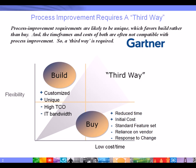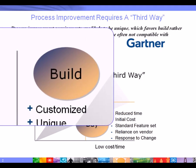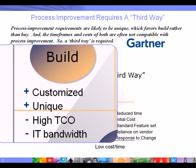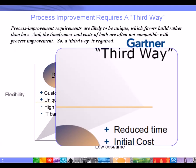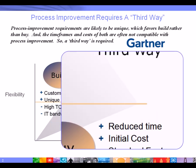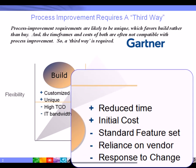In a build solution, it can be very customized and unique on the plus side. But typically, in order to build something from scratch, it requires a lot of IT bandwidth and a high overall total cost of ownership. From a buy standpoint, we might be able to roll that out more quickly with an initial reduction in cost, but it's hard to change over time, and you're more reliant upon that package solution or